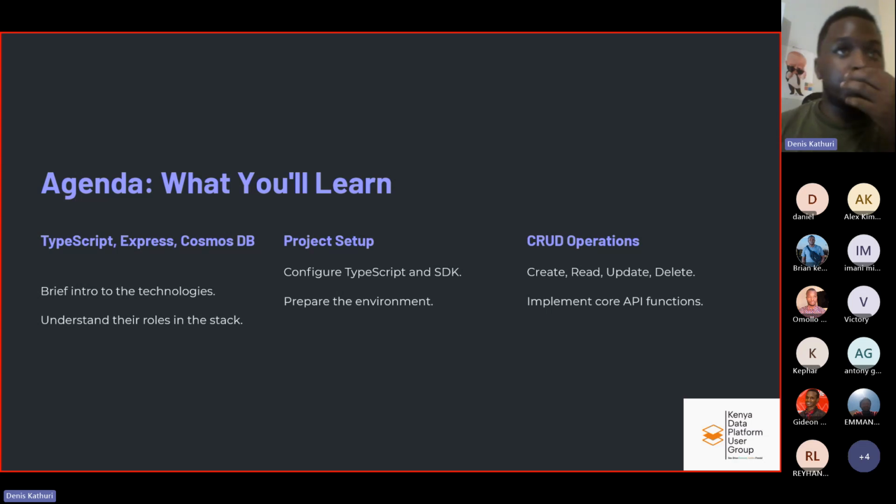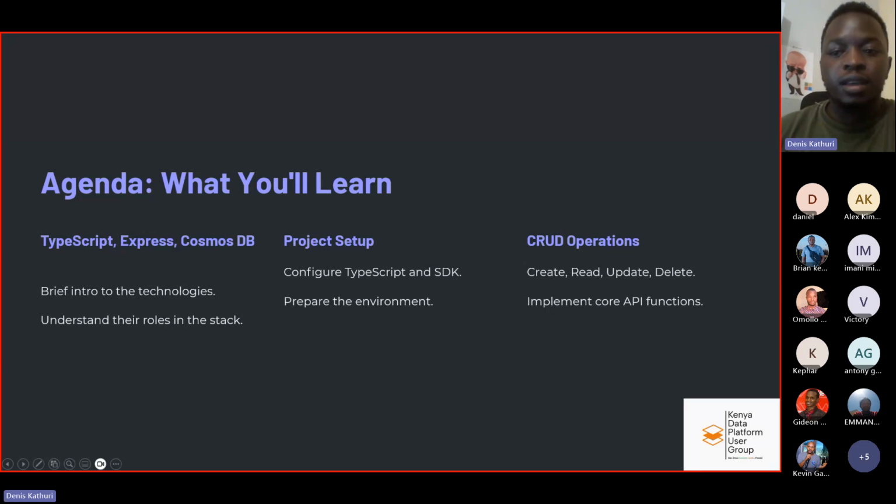And some key things we shall learn today will be how to configure TypeScript and the Cosmos DB SDK. Also, we prepare the environment for our project. Then we do CRUD operations, which is creating an item, reading that item, updating and deleting, and also other features like